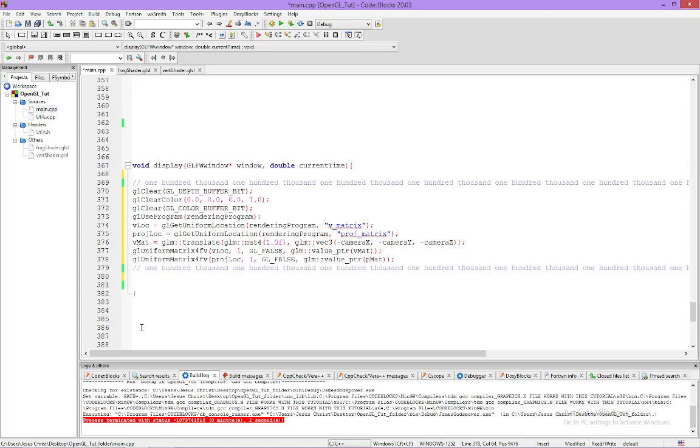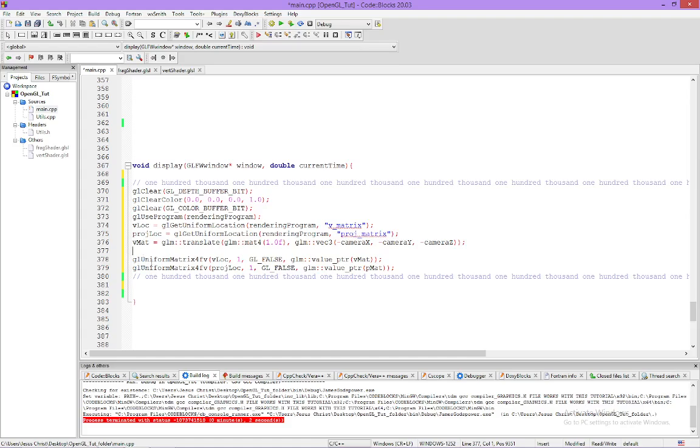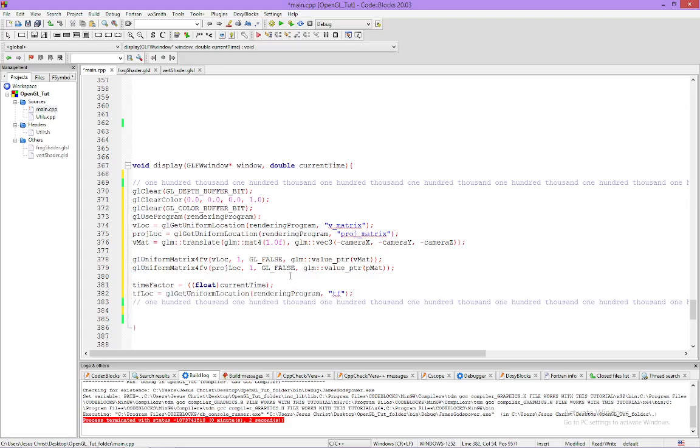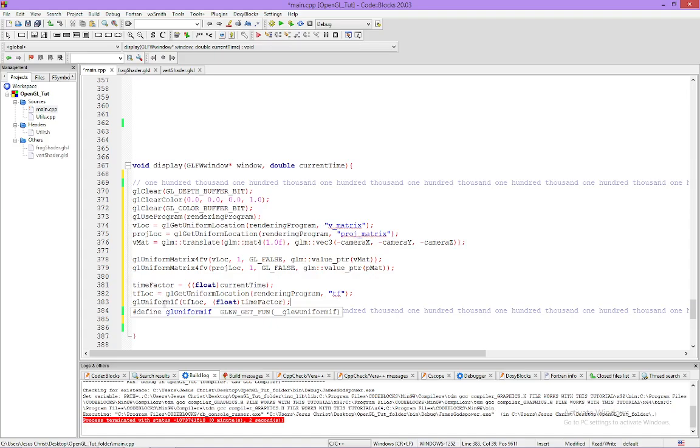Make sure you're typing everything up correctly. glUniformMatrix4fv(projLoc, 1, GL_FALSE, glm::value_ptr(pMat)); We're doing our timeFactor is equal to (float)currentTime; Then tfLoc, glGetUniformLocation(renderingProgram, "tf"); glUniform1f(tfLoc, (float)timeFactor);